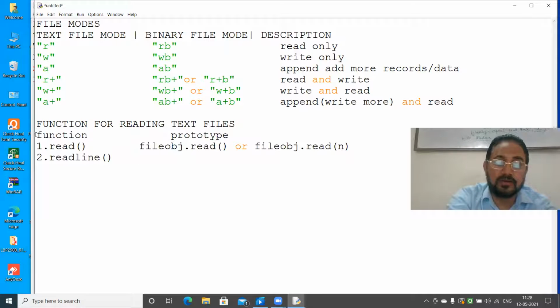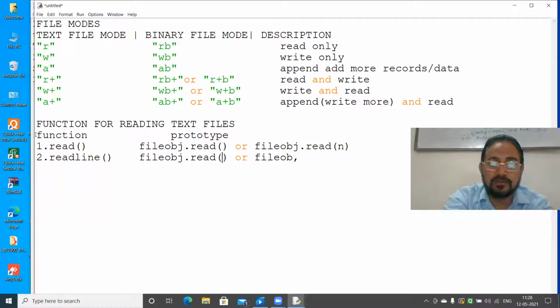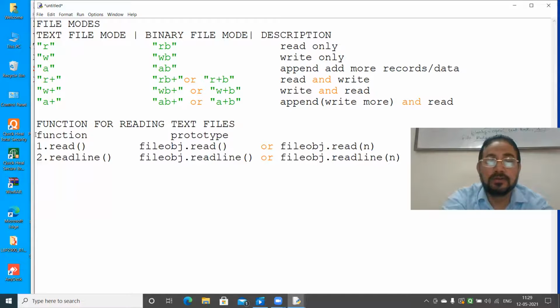Then it will be like file obj dot readline, or file obj dot readline n.